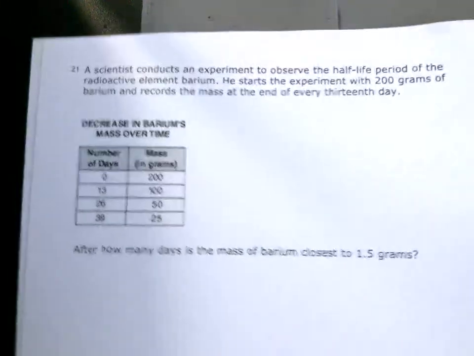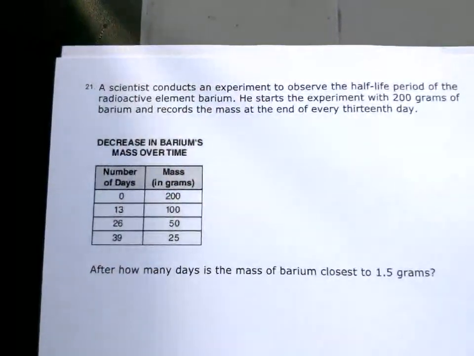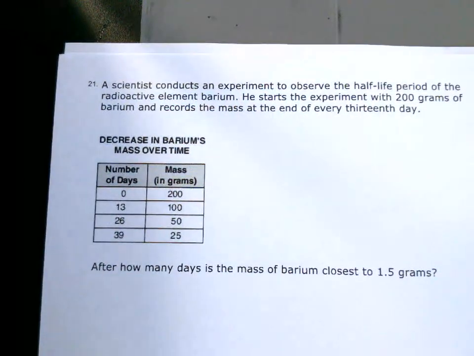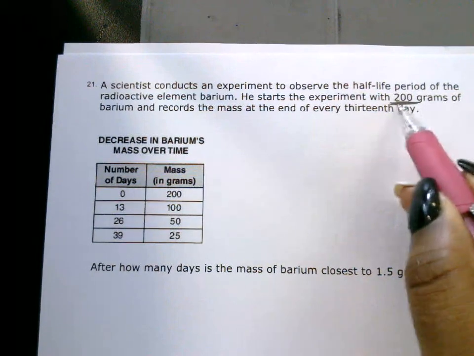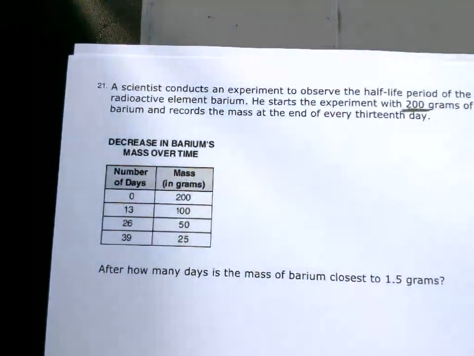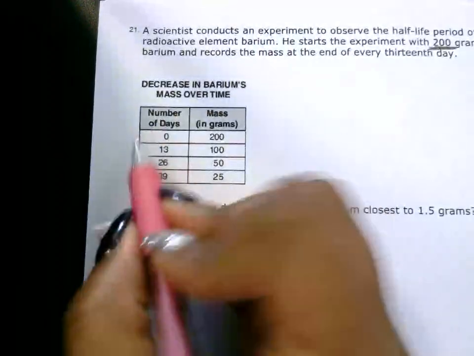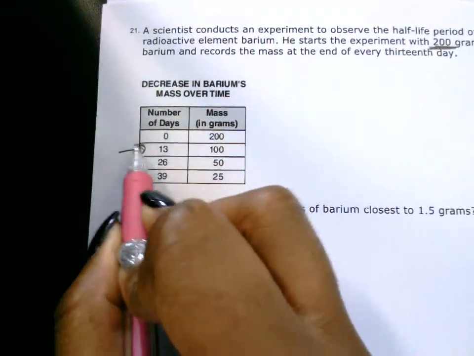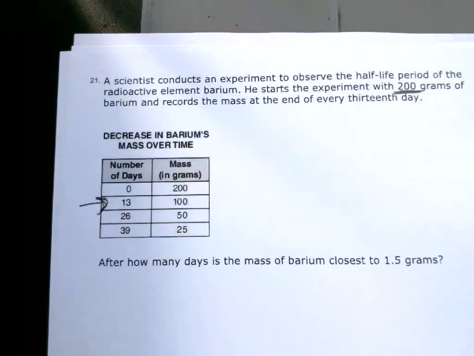A scientist conducts an experiment to observe half-life. Remember, half-life of something is how long it takes for it to be half of the original dosage. So if it starts at 200, its half-life is 100. So you have to figure out how long did it take for it to get to 100. How long did it take for it to get to 100? 13 days. This right here is where the half-life is. Any questions about that? Okay, so now